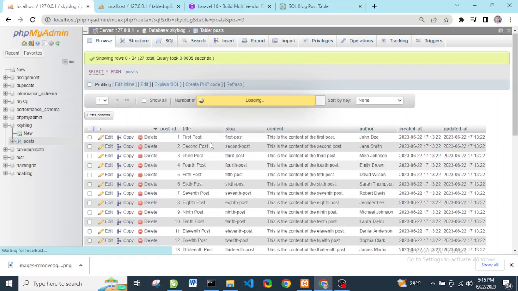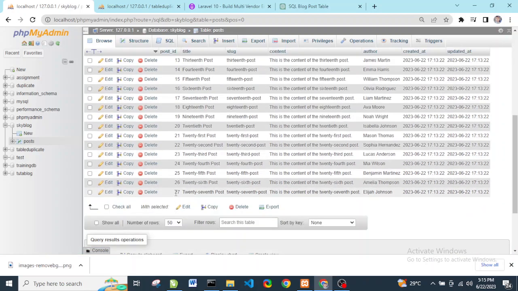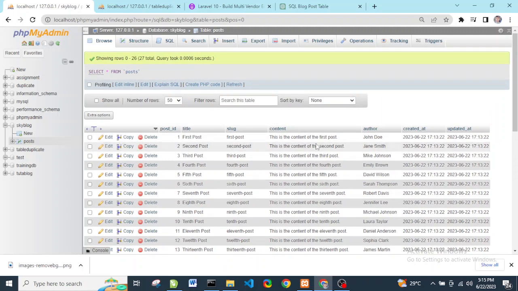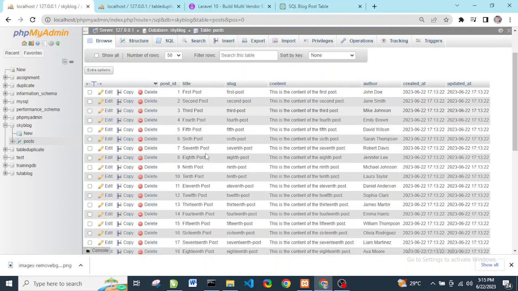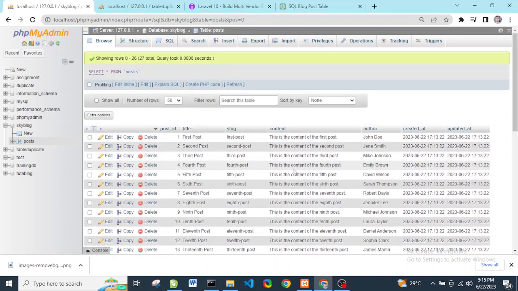We have about 27 records. These are not real records, they are just random, so just ignore the records. We just want to show you that there are records in the database. So the first thing I'm going to look at is how to duplicate